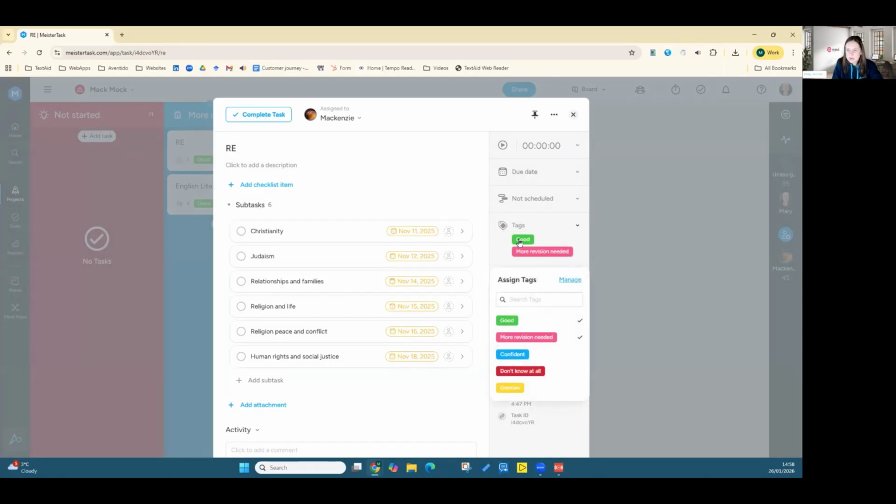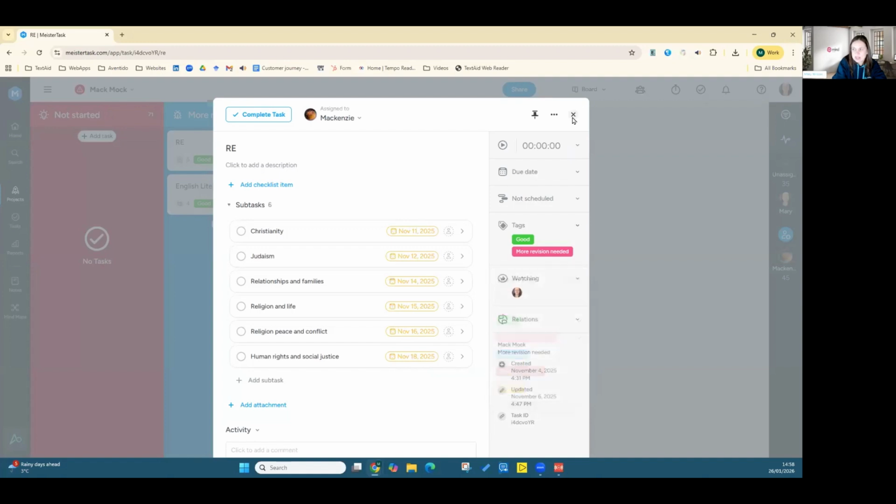He has done it so that he's got a tag to indicate how confident he is with that little bit of the topic. So it's very visual. You can see where the greens or the reds is, so you can really see an overview very effectively with the colours. You can also use it if this one project is for multiple essays, and then you can add tags and then filter the tags